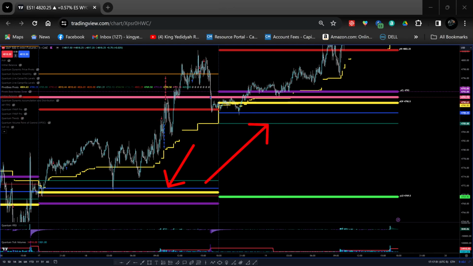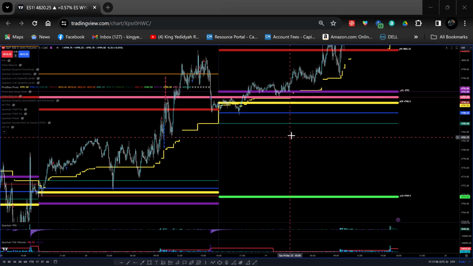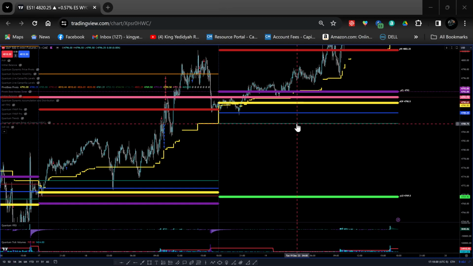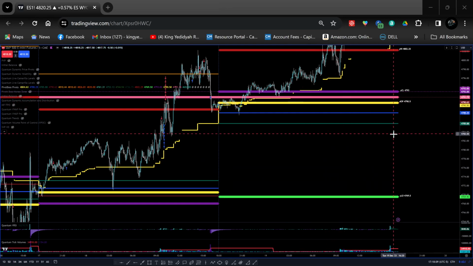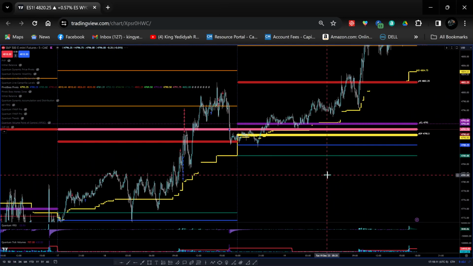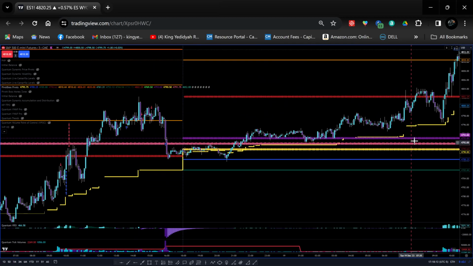Let me take this off. The bottom central pivot is now at 47.85.75. Central pivot is at 47.88.25 and top central pivot is at 47.90.63. All right, so